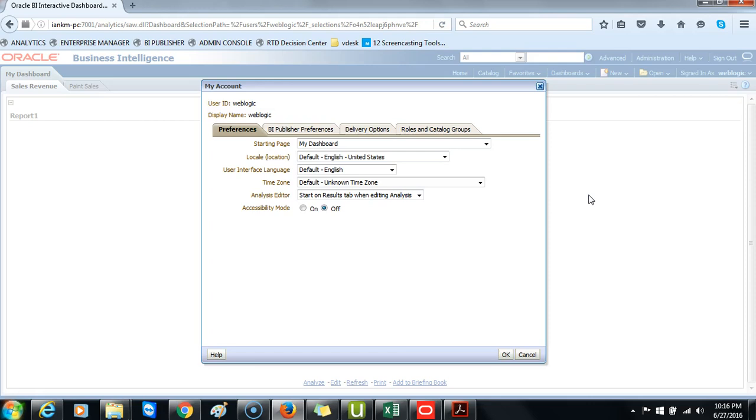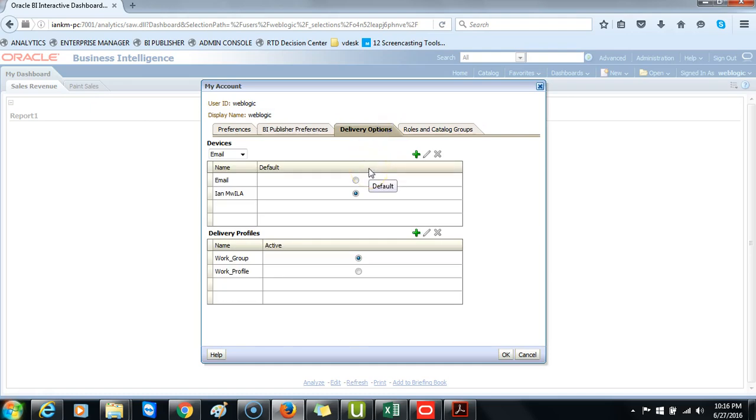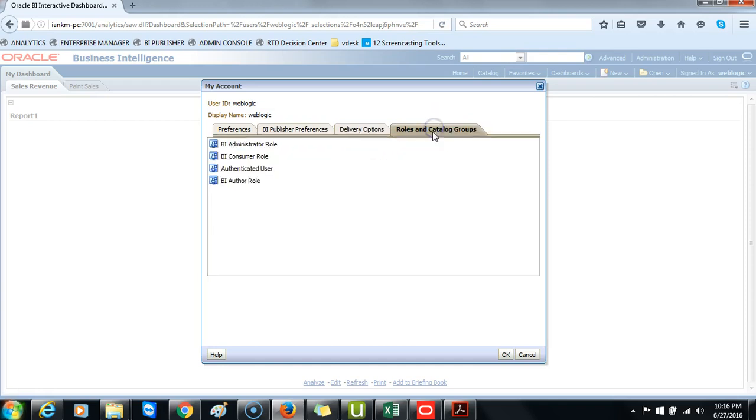Other tabbed pages in the My Account dialog box include the following. BI Publisher Preferences allows you to view the default profile for the BI Publisher. Delivery Options: use this tab page to confirm your delivery profiles for the delivery of alerts and agents. Roles and Catalogs: use this tab page to view a list of the roles to which you have been assigned by the Oracle BI administrator. Click the Starting Page drop-down list